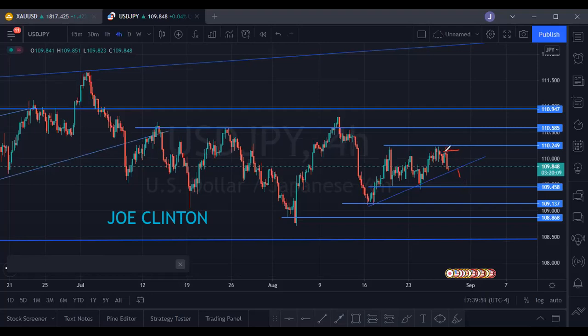When I enter my sell at this point, I'll be targeting 109,458 as my TP1, then 109,137 as my TP2, then my final TP will be at 108,500. All right. Another currency pair I'm looking at is